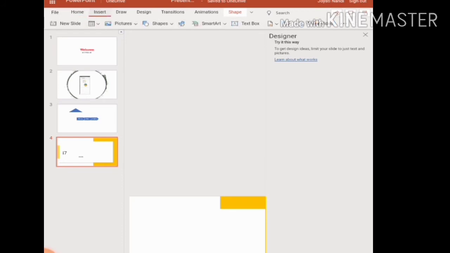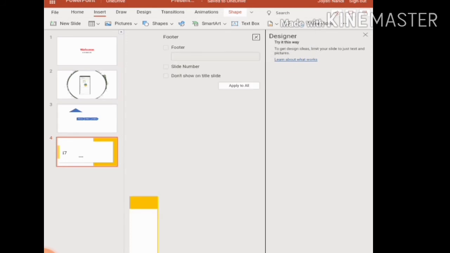Okay, next one, you can insert the, see here, footer. Header means footers and the slide number. Okay, so for this, click on footer. Okay, three options are there. What you want: footer or slide number or don't show on title slide. Okay, so if I click on apply to all, it will apply to all the slides.